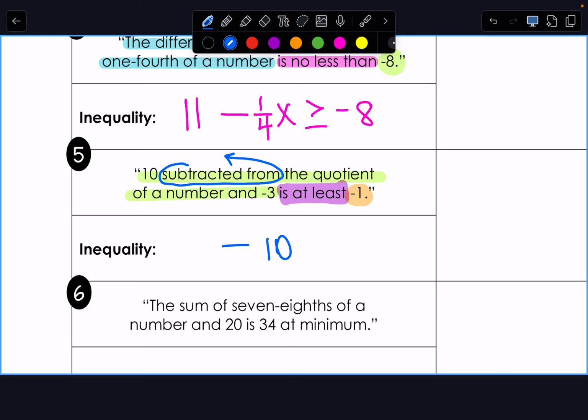Now, what does quotient mean? Divide. Quotient means divide. And when it says the quotient of a number and -3, like Mason said, let's put the x in the numerator, and then -3 is what we're dividing by. Now, at least,